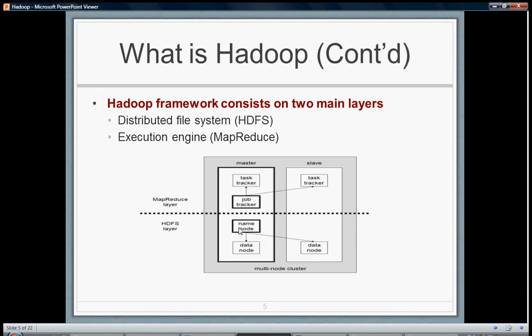Usually the name node will have a backup secondary node, so that if the primary name node goes down, we can just get a response from the second name node. Likewise, the MapReduce layer is where the actual execution happens. There will be a job tracker and multiple task trackers. A job tracker will get the query, split it into multiple tasks and send them to different slaves, and the slaves will execute and get the data to the job tracker, and the job tracker will aggregate and give you the output. So that's what the MapReduce logic is.